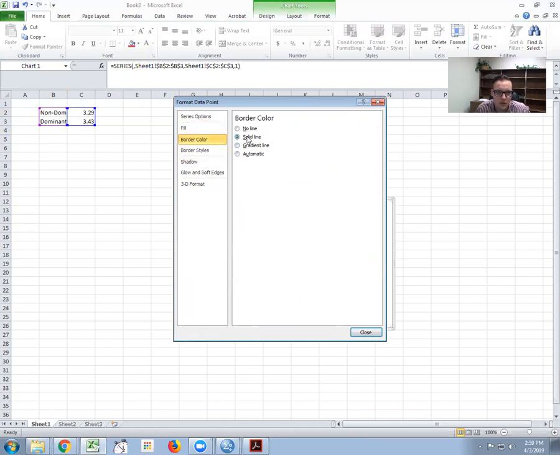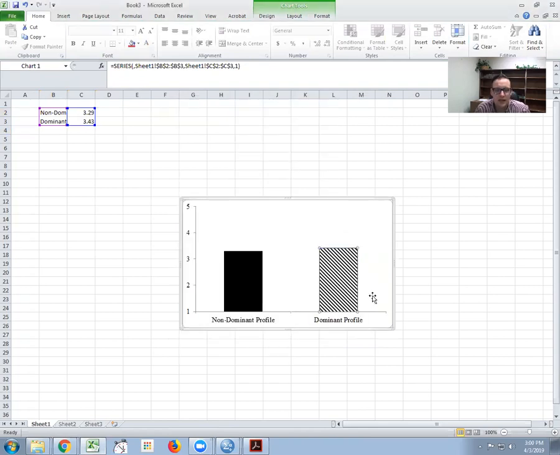So I'm going to click border color, solid line. It auto corrects to black. Cool. And I've got my bars formatted. Now the last thing we need to do is put a